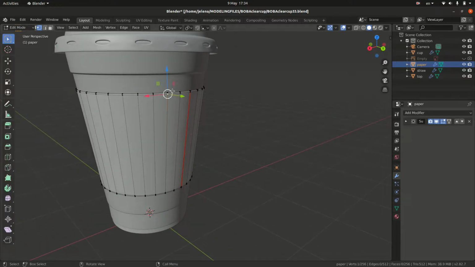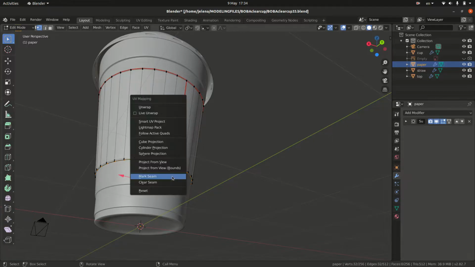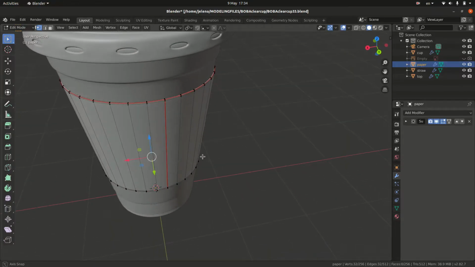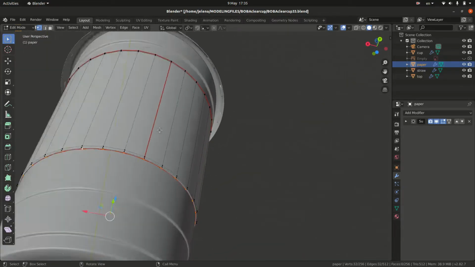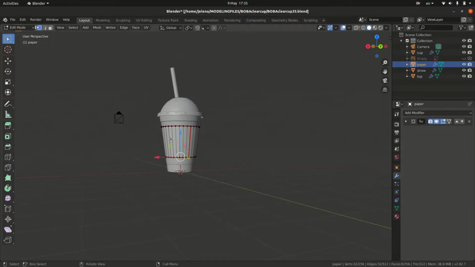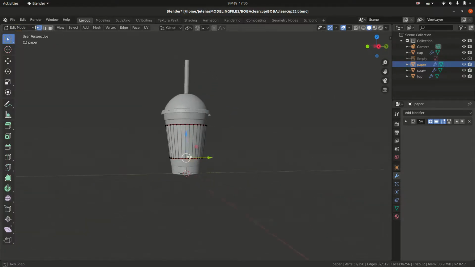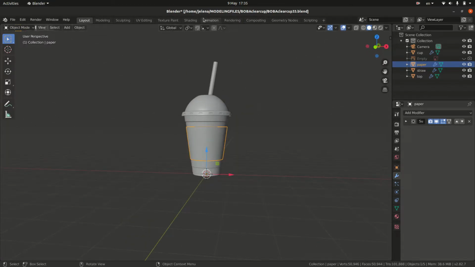Press somewhere up, Alt, U and mark seam, and down there, Alt and U mark seam. Okay, this is going to look something like, is this connected? Let's check. And this is the way we are going to unwrap this material. So from the front it's not going to have a visible seam, it's going to be on the back. So now let's go out of Tab,